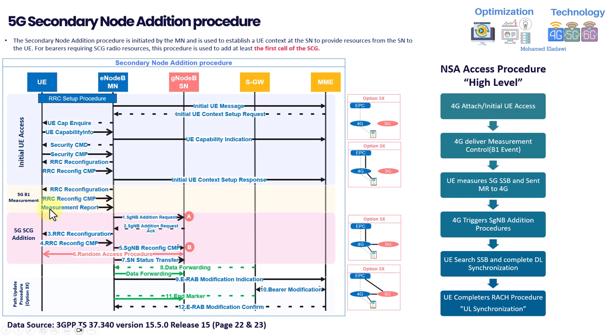Once, for example, the user checks this B1 RSRP threshold and it is achieved, it will start reporting the measurement report to the eNB, or master node. This is called MN, which is the eNB master node. So once the measurement report is received by the eNB, it starts establishing the SgNB addition request. Actually, sometimes, and this is also vendor based,